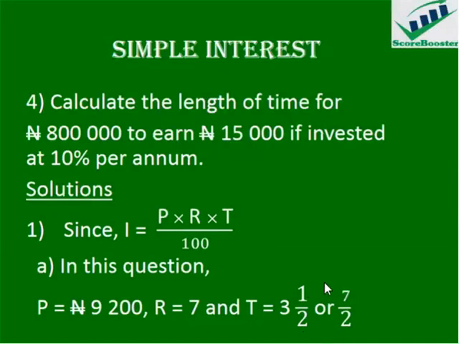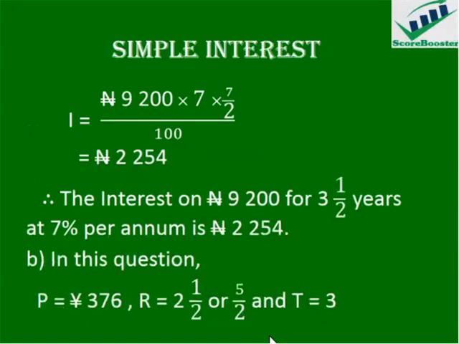So now we'll substitute these parameters into the formula for interest. So we have interest I equals 9,200 multiplied by R, which is 7, multiplied by 7/2, everything divided by 100. So if you use your calculator for this, you have 9,200 multiplied by 7 multiplied by 7/2, everything divided by 100, you have 2,254 naira. So the interest on 9,200 naira for 3.5 years at 7% per annum is